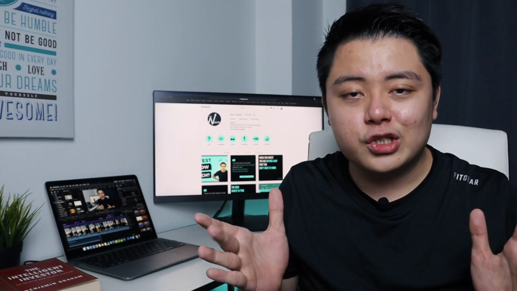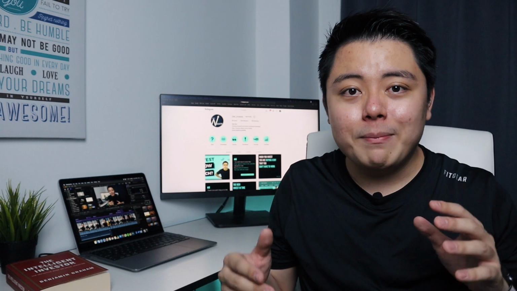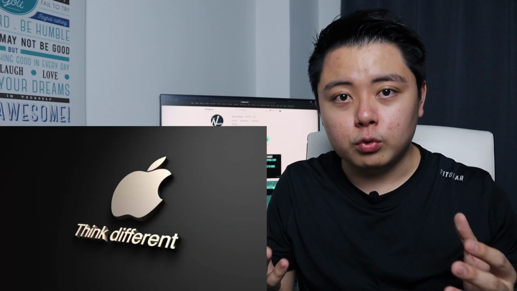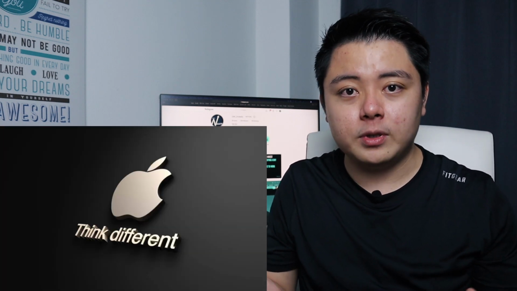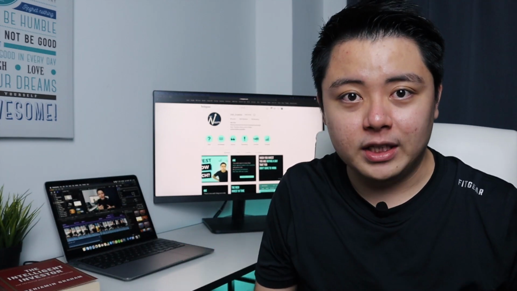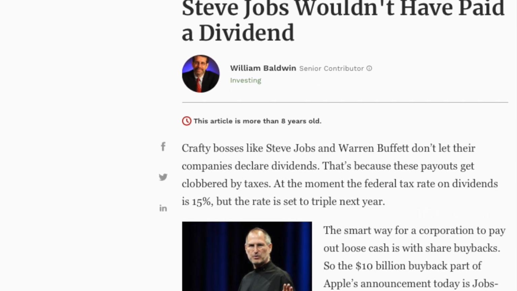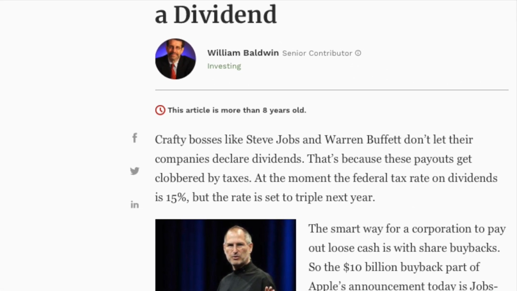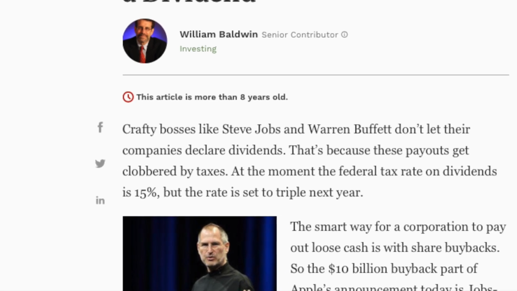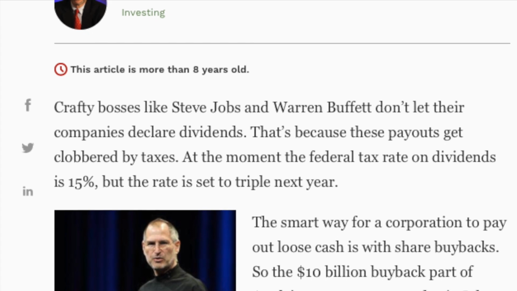Now, of course, it's not fair to use all those fairy tales and unicorn stories. So let me just use Apple to show you what a growth company typically looks like. Now, just for information, of course, Apple is a very big company, but essentially they were growth stocks and not dividend stocks up till 2012 because Steve Jobs did not want to pay dividends, for the purpose of reinvesting the profit into their company for growth as well as for tax benefit.